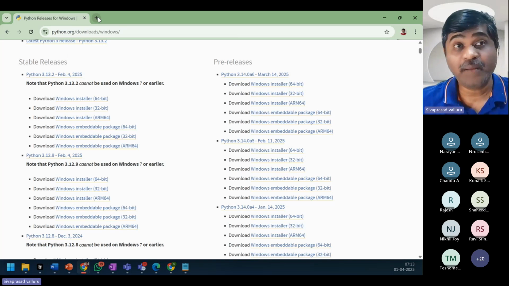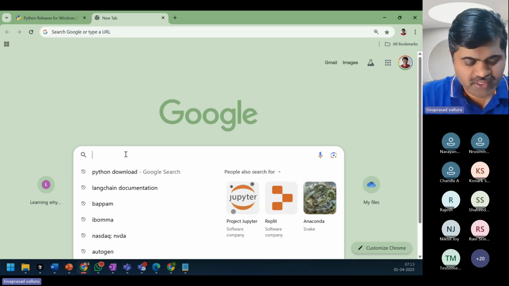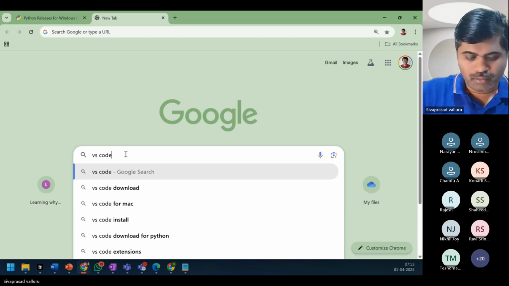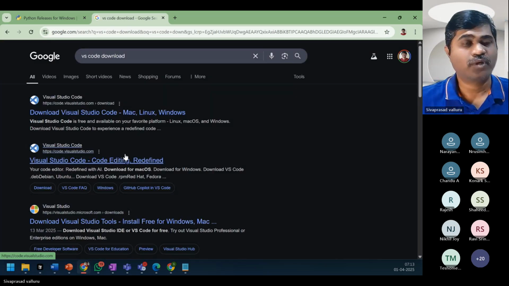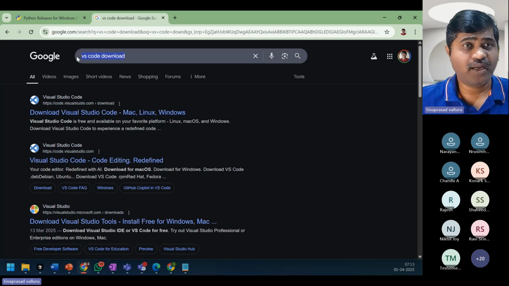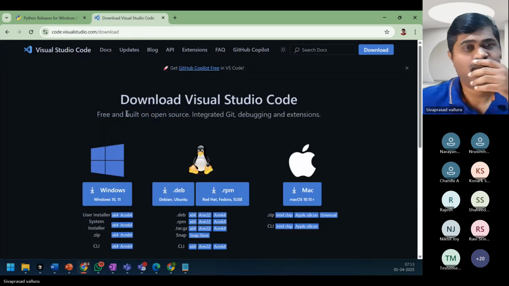Then we'll be using a tool for writing our code, VS Code. I'll just Google for VS Code download. After I Googled, I'll take the first link, VS Code.